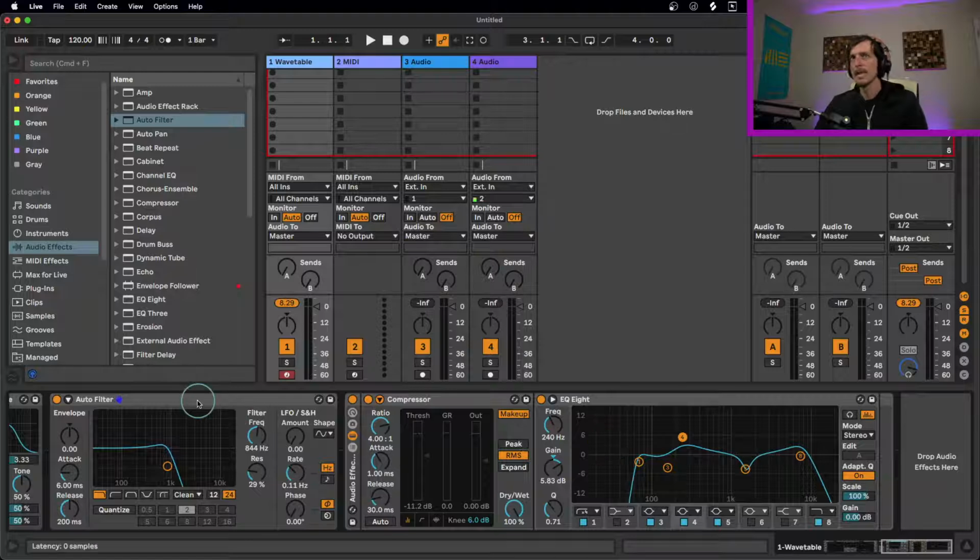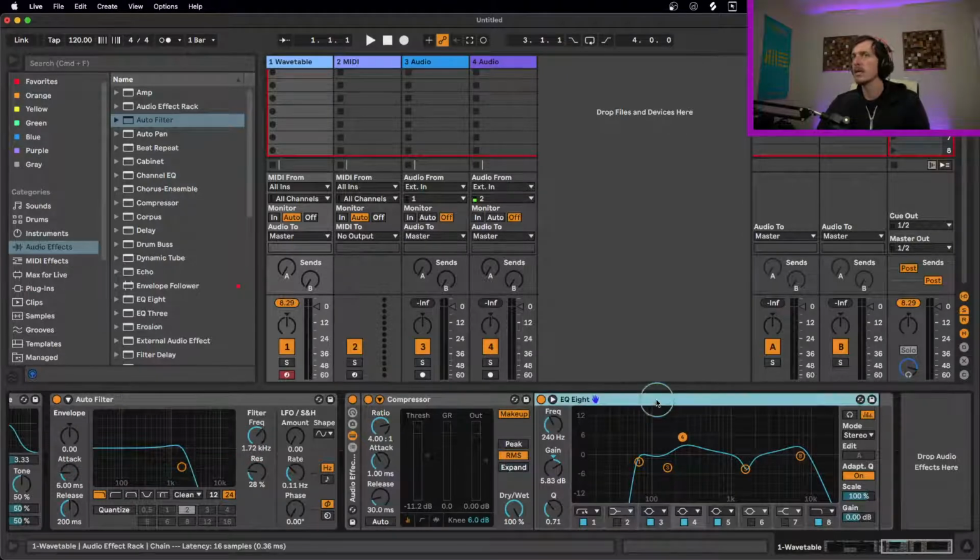So that might be a personal preference thing more than anything else, but I like to use Auto Filter for motion and movement with filters, and I like to use the EQ Eight for just kind of, it sits there, gets rid of frequencies I don't want, and then there you